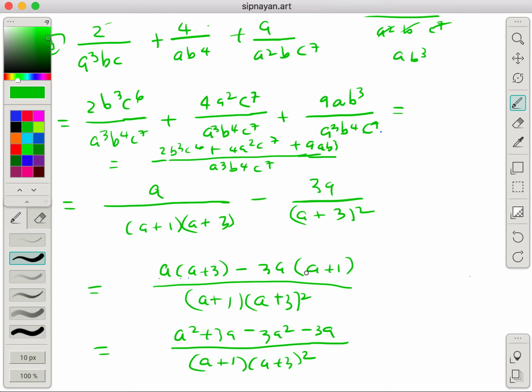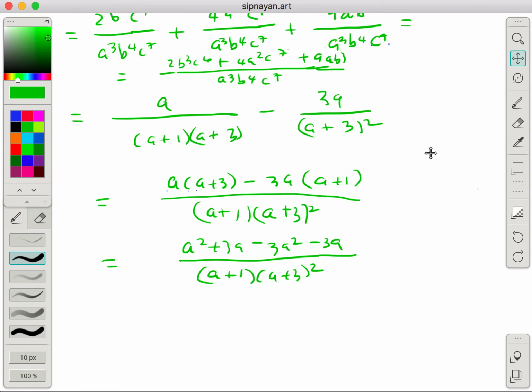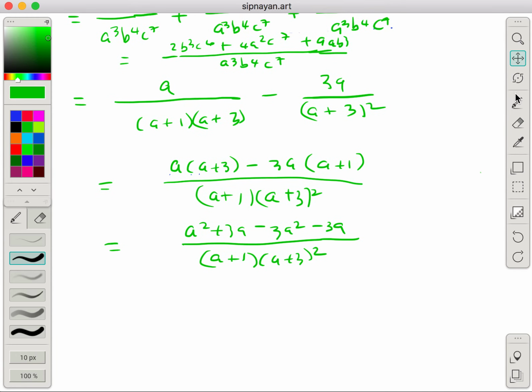So, kasi negative to, positive tsaka negative, kaya siya maging minus 3A. Okay. So, ano na natira? Maka-cancel to. 3A minus 3A is 0, no? And then A squared minus 3A squared is negative 2A squared divided by A plus 1 times A plus 3